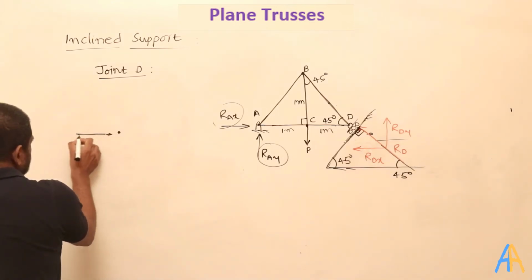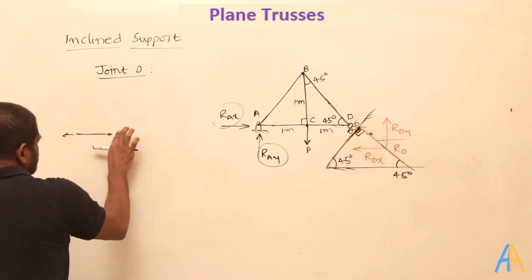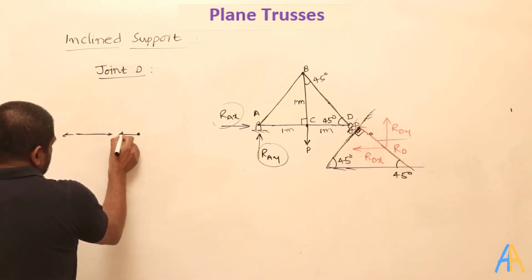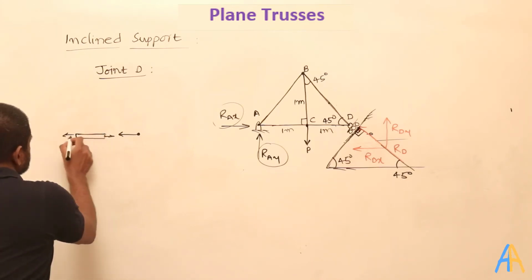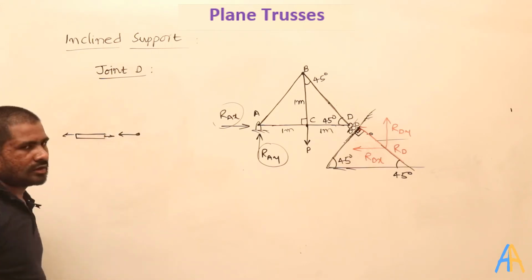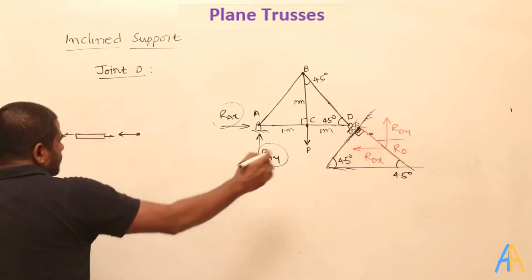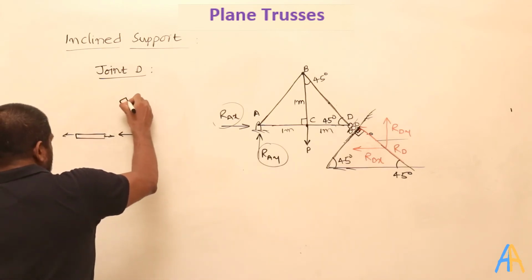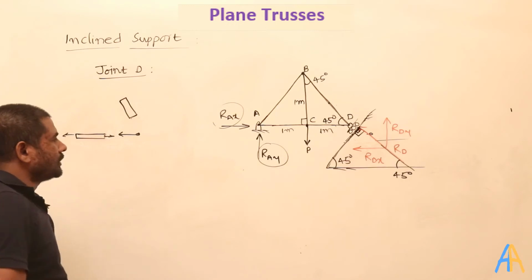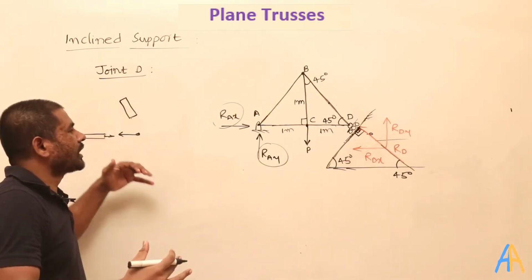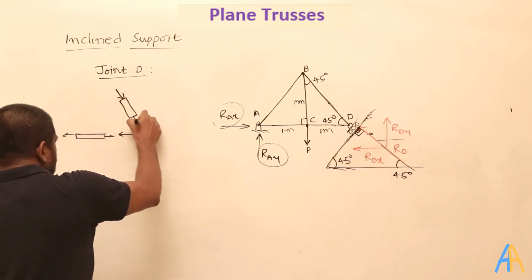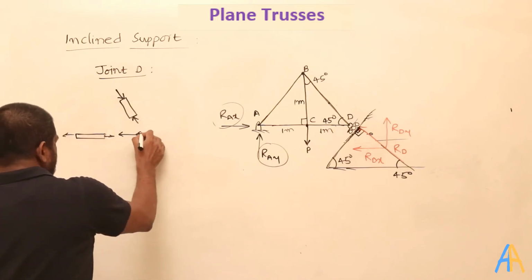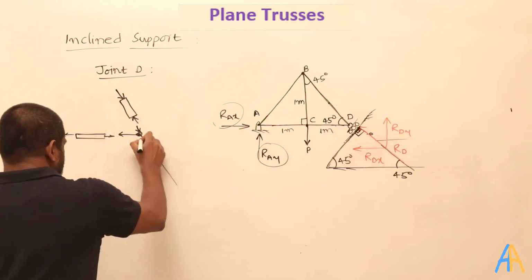In the rod, the tensile force is applied like this, and on the junction the force should be applied in the reverse direction. This is the rod. On the rod the tensile force is like this, and on the junction in the opposite direction. Understood? And if I take the DB bar, on this DB bar, let's assume it is being compressed. When it is being compressed, on the bar the compressive force is represented like this, and on this junction it is represented like this. And the normal reaction is like this.